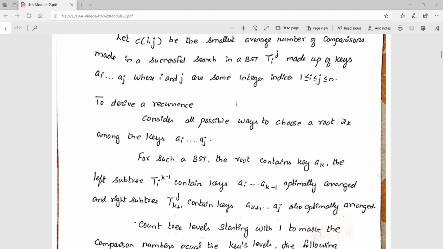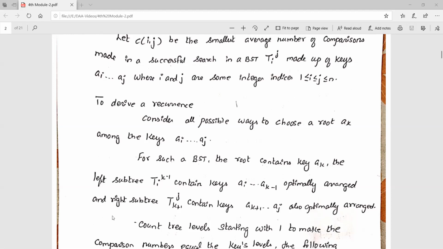If you identify that A of K, what is the left part? The left part will be A of I to A of K minus 1, and the right part will be A of K plus 1 to A of J. For such a binary search tree, the root contains key A of K. The left subtree T of I to K minus 1 contains the keys A of I to A of K minus 1, so that should be optimally arranged.